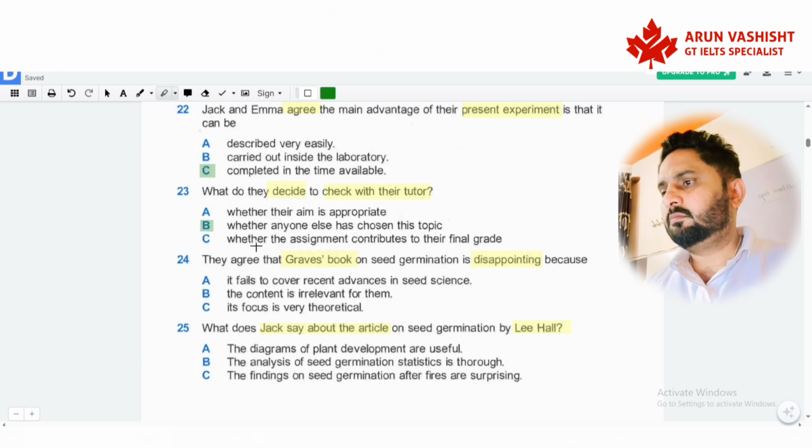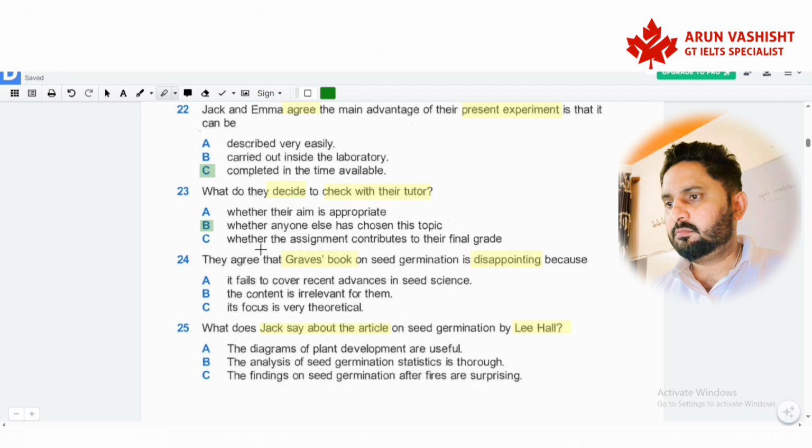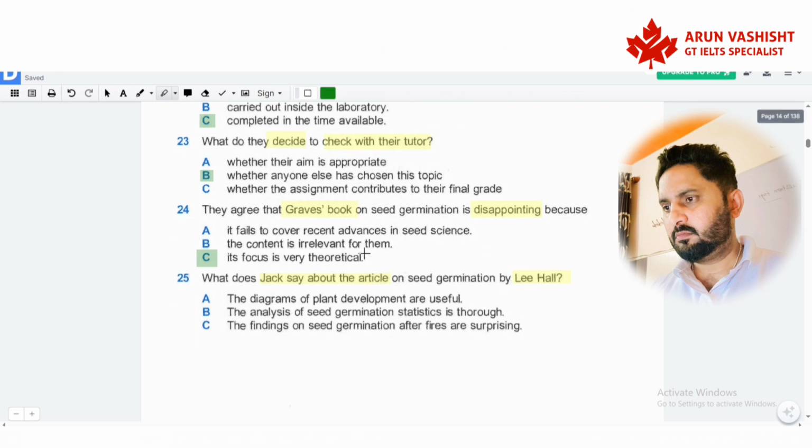Did you read that book on seed germination on our reading list? The one by Graves? I looked through it for my last experiment, though it wasn't all that relevant there. It would be for this experiment, though. I found it quite hard to follow. Lots about the theory, which I hadn't expected. Yes, I'd been hoping for something more practical. It does include references to the recent findings on genetically modified seeds, though.